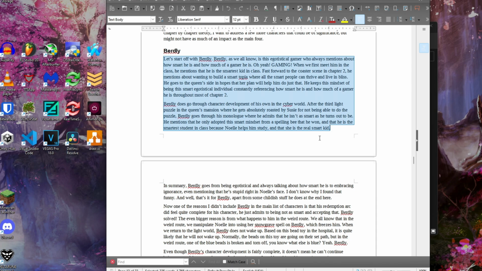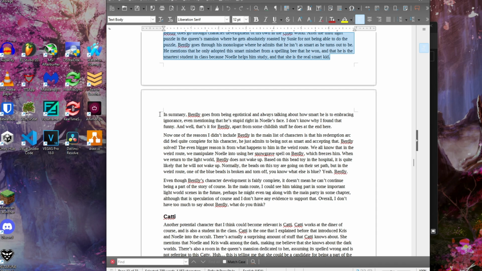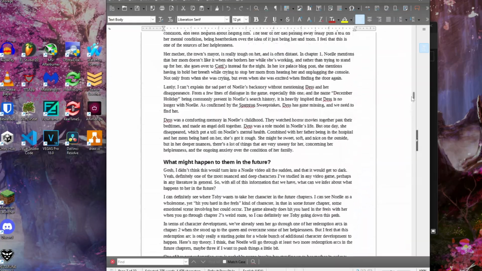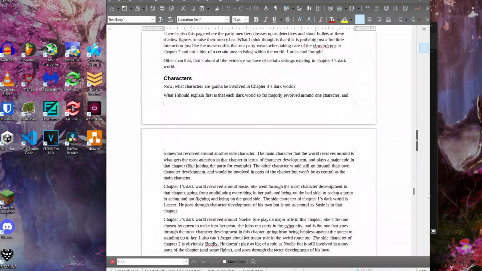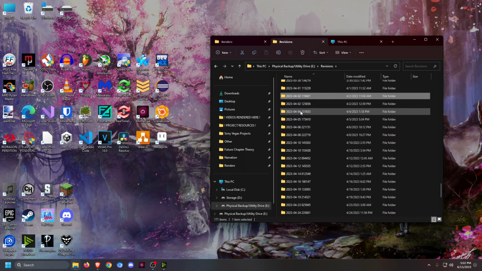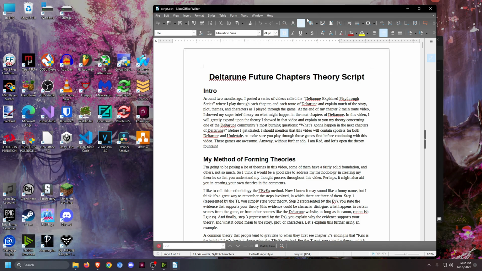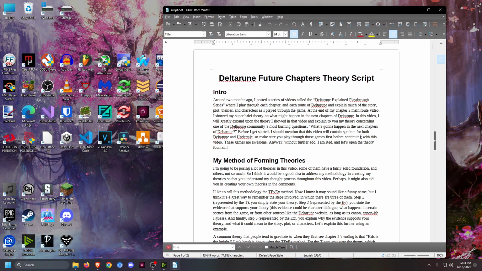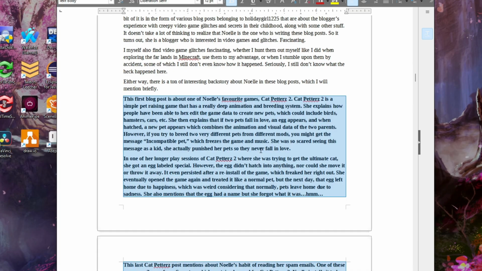There's a few things that are a little different, like there's a part of the Birdley section that's missing. There's some parts in the Noelle section that are missing. But otherwise, this is pretty much the first half of the script. So that was April 2nd on the backup. And this was as of the 2nd of April. Okay, so this is when I made some changes to the Noelle section.